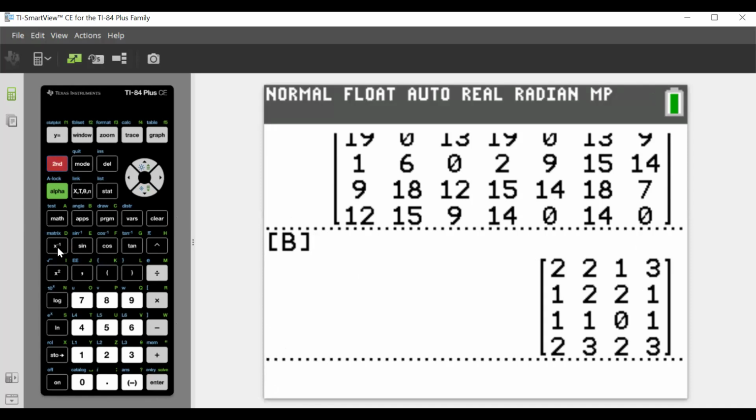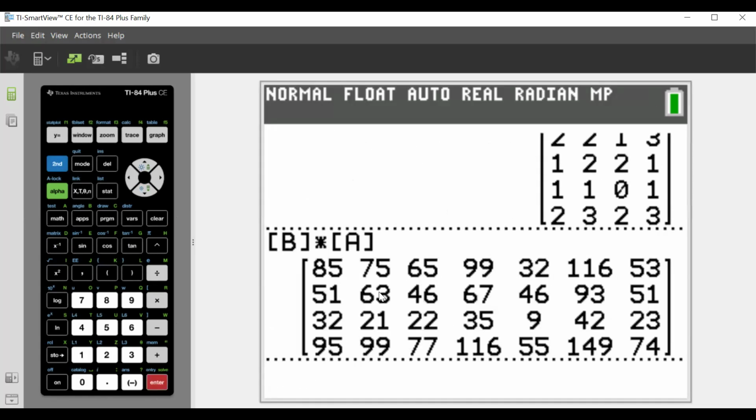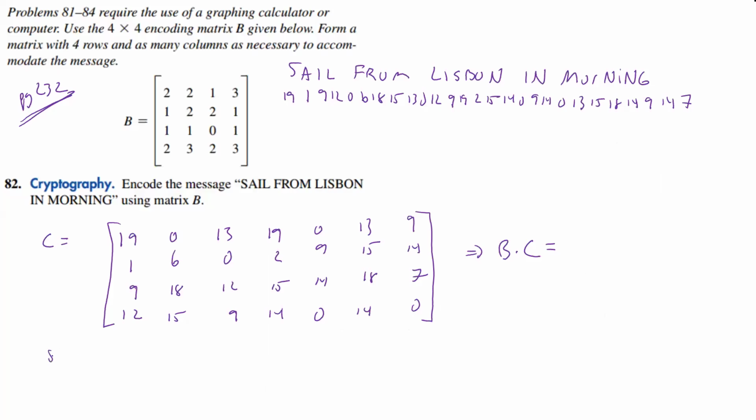Now what we can do is take B, which is 2, times A, which is 1, and that gives us our new matrix. That's going to be our coded message, and we'll just write that down: 85, 51, 32, 95, and so on. So our coded message is as follows: 85, 51, 32, 95, 75, 63, 21, 99, 65, 46, 22, 77, 99, 67, 35, 116,